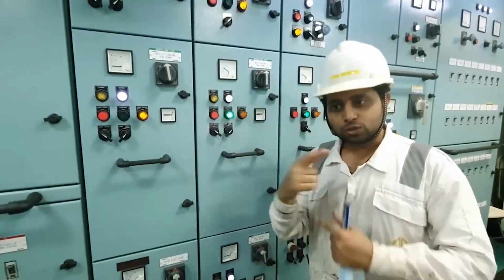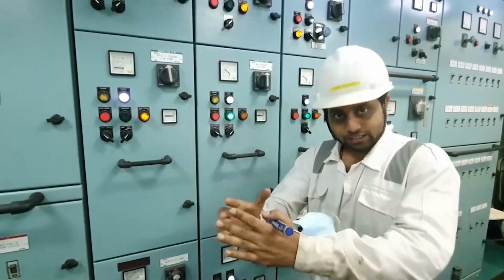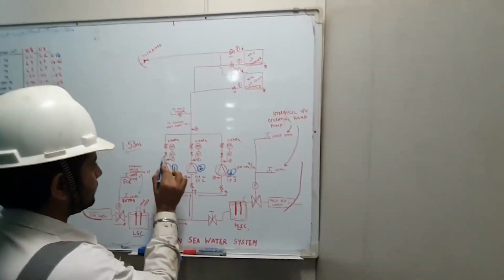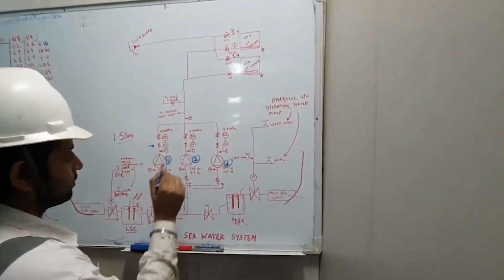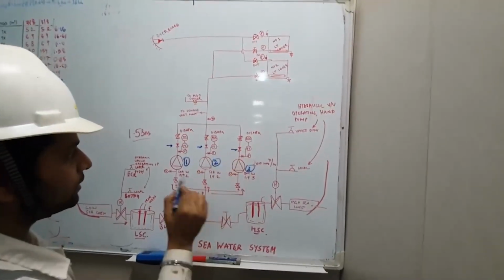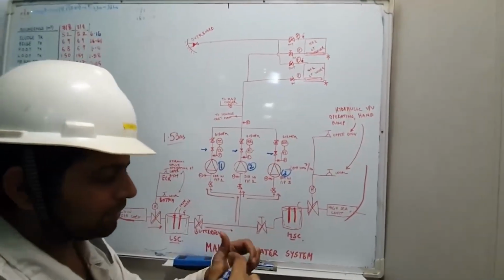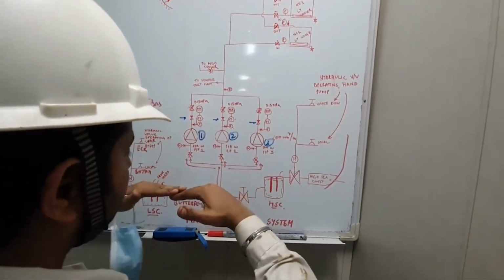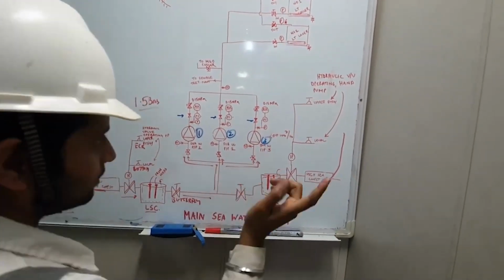Alarm to tell us, but also the system should have a backup. If a system fails, there is always a backup. So guys, this is what we have understood. Now see, there is a non-return valve fitted over here. You can see these non-return valves in the return line. Now this non-return valve is a flap type, guys. It opens like this. This is a flap type non-return valve. Copy it, guys.